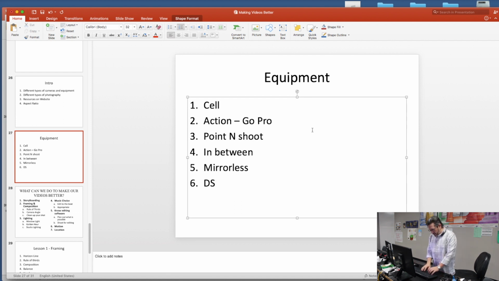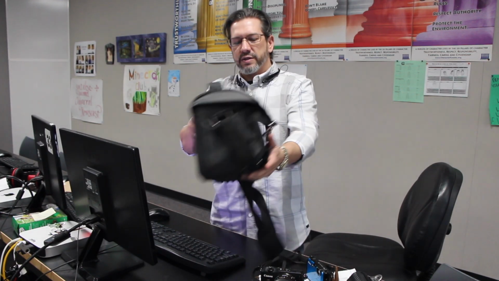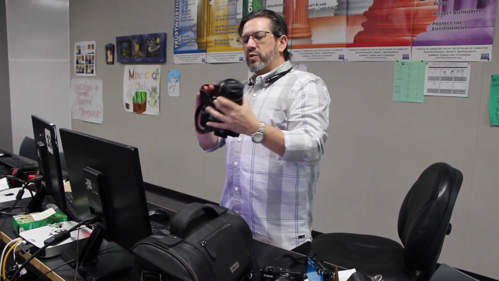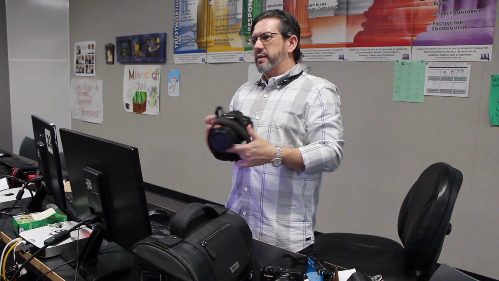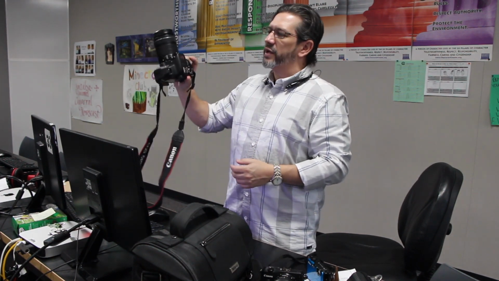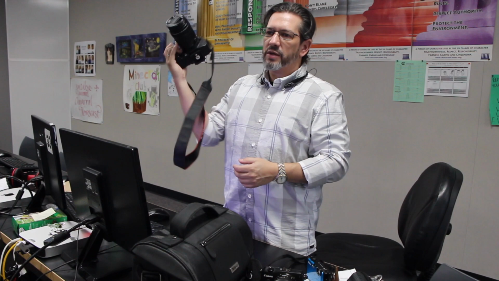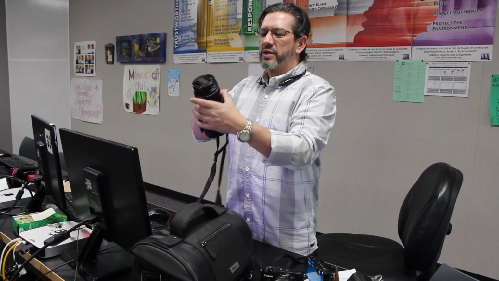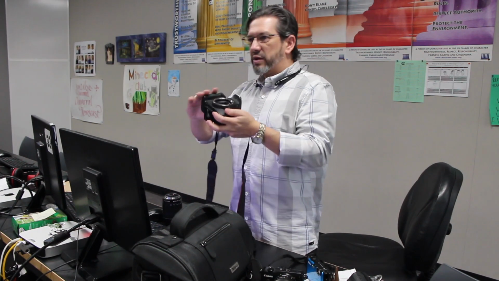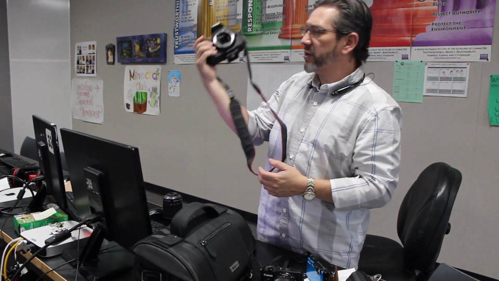And finally, the last kind, which is DSLR, and that's this one. We have 4 of these. Your book has like, I don't know, 200? I don't know how many they've got. They have a lot of these. This is kind of a low-end one, but it does have a very nice lens on it, right? Our lenses we often call glass, and a lot of people say, just get a body and then buy nice glass. When I take off the lens, which you always want to be really careful about,